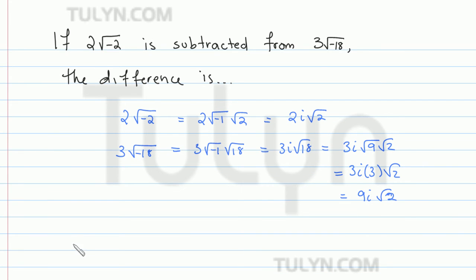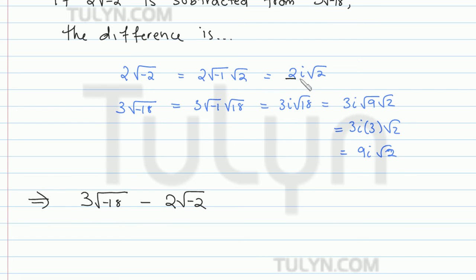So now we set up the problem now that we've simplified. 2 times square root of negative 2 is subtracted from 3 times square root of negative 18. So you want to take 3 times square root of negative 18 minus 2 times square root of negative 2. Let me redo this one so that it looks nicer. Okay, and now we do our replacements, the things that we found in terms of i. So 3 times square root of negative 18 is 9i square root of 2 minus 2i